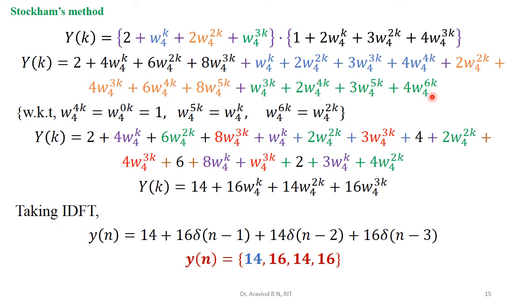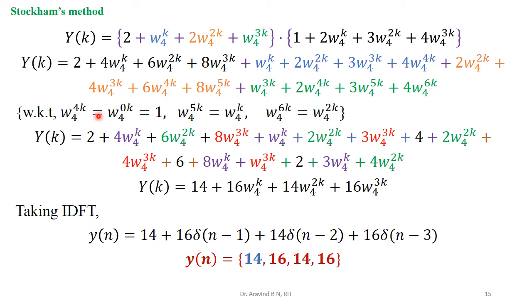So here we can observe there are certain Twiddle factor powers which are beyond the range of 3. For example, omega 4 power 4, this 4 is beyond the range. Then again 4, 5, then again 5 and 6 we are going to have. So these particular cases are beyond the range of the actual length. So we must bring them back into the range of 0 to 3. So that has been provided here.